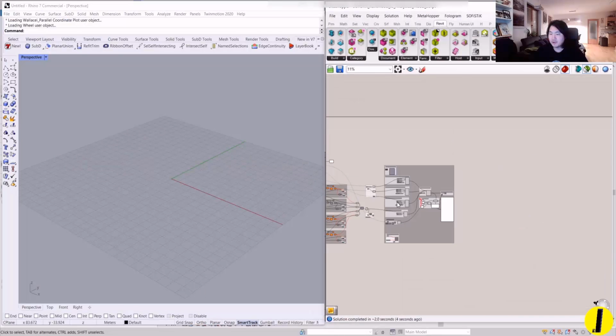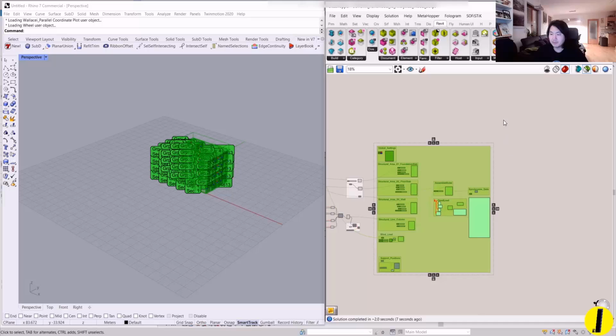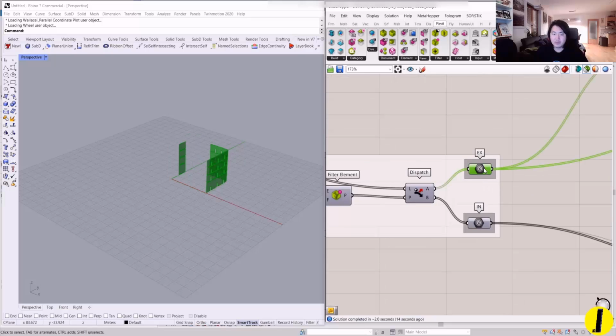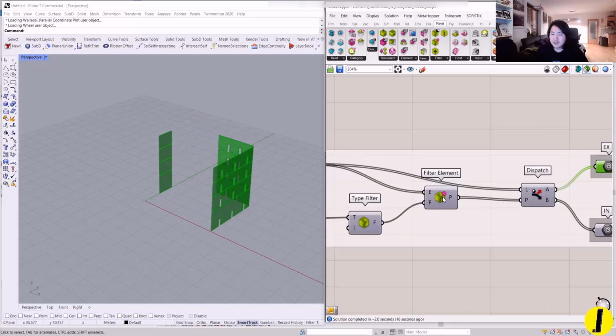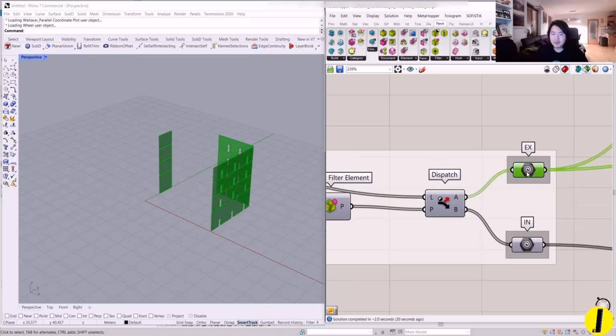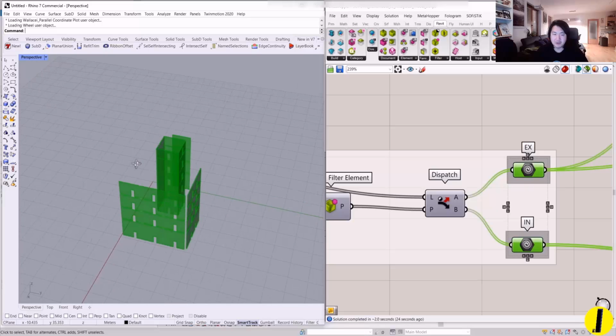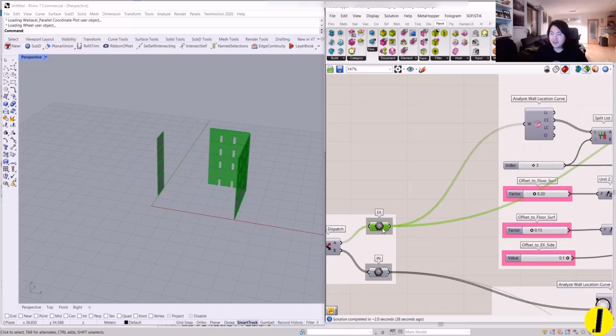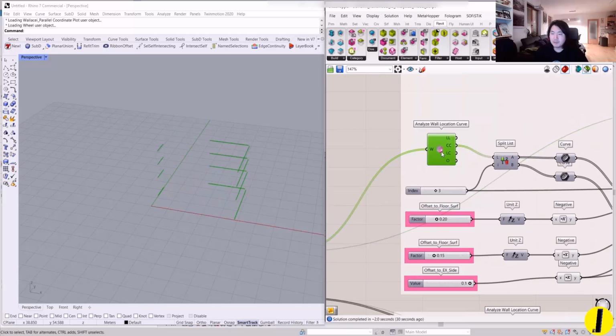First of all, let me turn off all the SOFiSTiK plugin parts. I'll disable it. Back to Grasshopper, we have now filtered it, and I'm dispatching between exterior wall and interior wall, as you can see. So we have exterior and interior walls, and now from the exterior wall, I'm going to